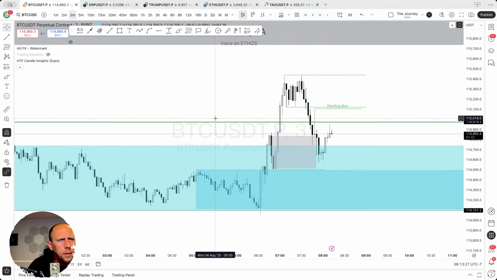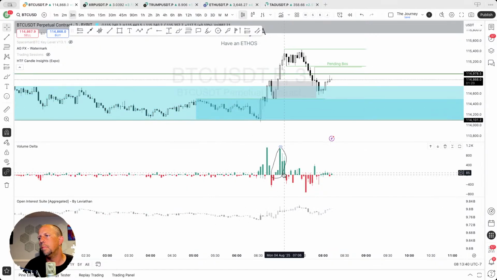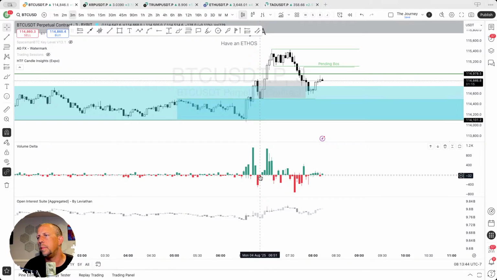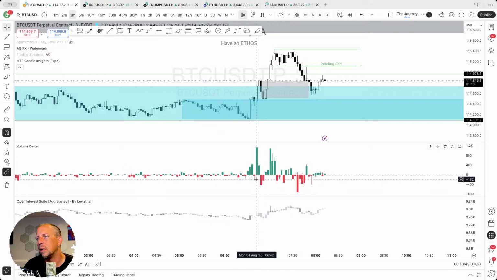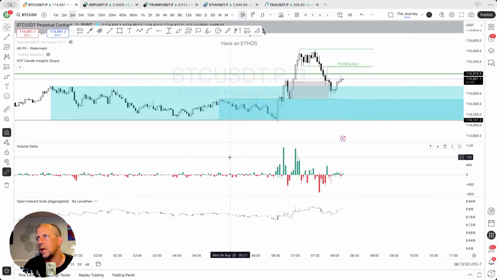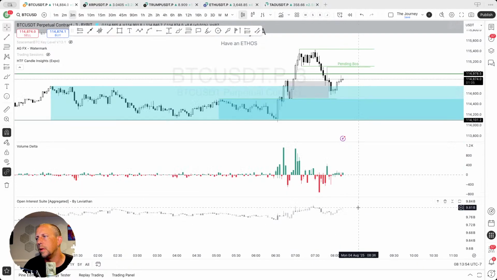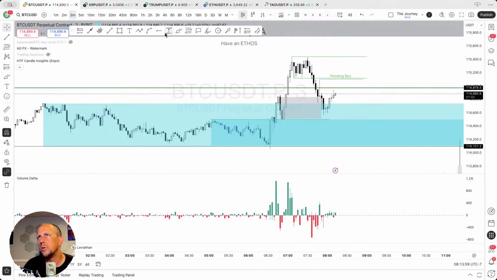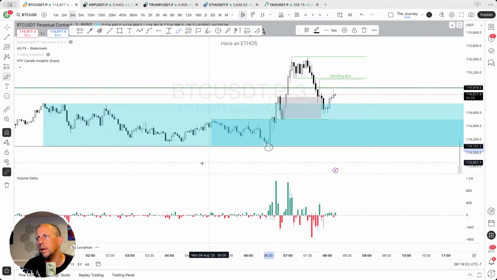Not zero, but low. How do you read volume delta in conjunction with open interest? How does it work on different time frames? I mean, volume delta is just traditional volume displayed differently. I suppose I do read it in different ways, because there's times in which, hold on, let me collapse open interest, there's times where I see an SFP happen like this,